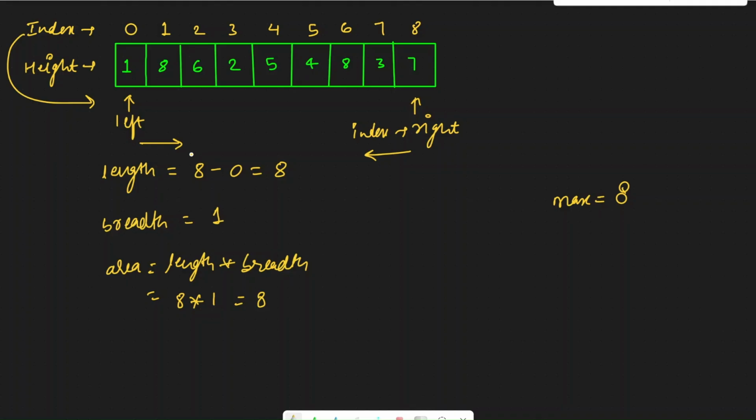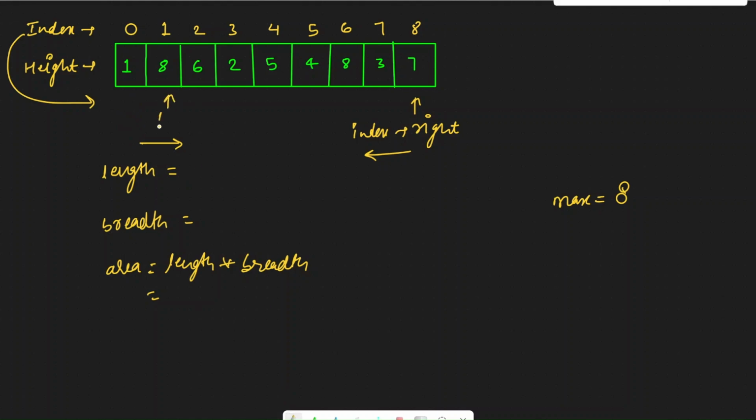And to compensate for reducing width, we need to choose a height which is maximum. So the height that is maximum is at the right location. The height at the left location is smaller, which means we should move one position on the left pointer so that we might be able to find a height which can compensate for reducing the width. I hope this makes sense. So in this case, because our height at left is shorter, we're going to move left one position forward so that we can check if the height that we get now at the left location is bigger than what we had previously. So let's first move our left.